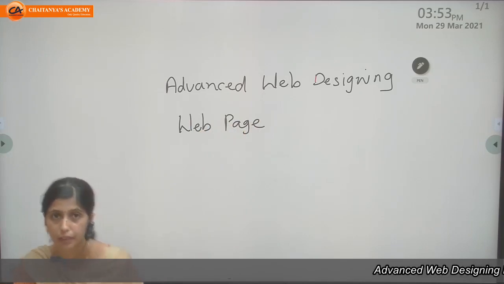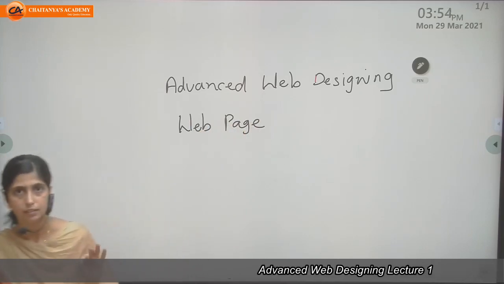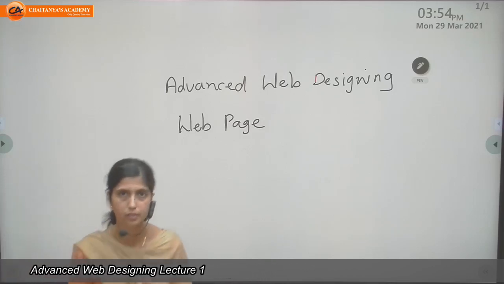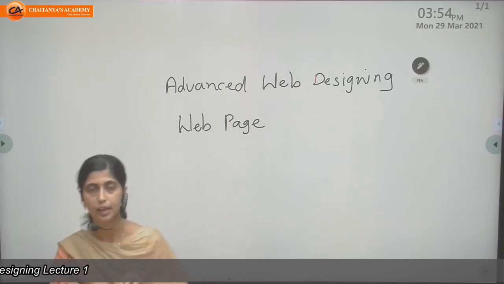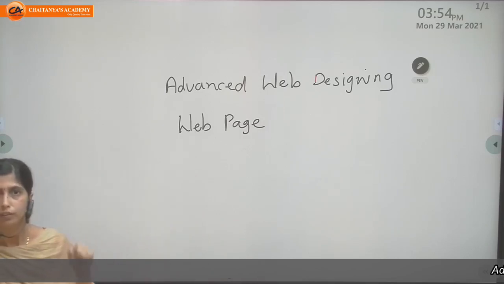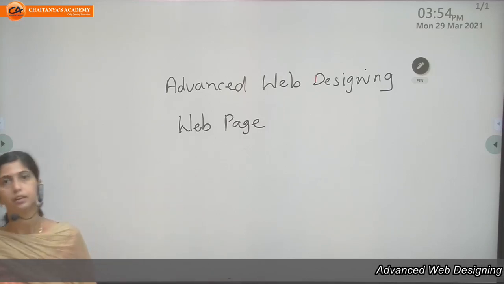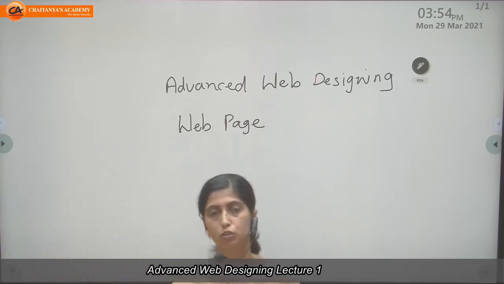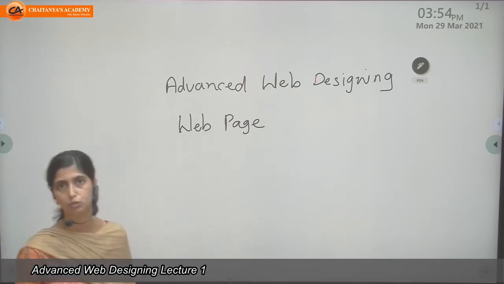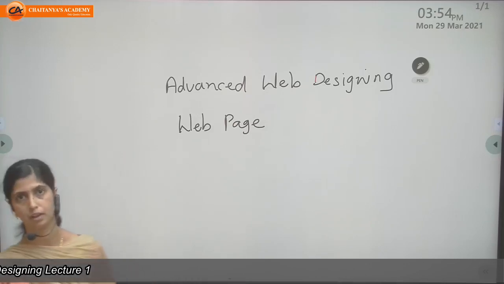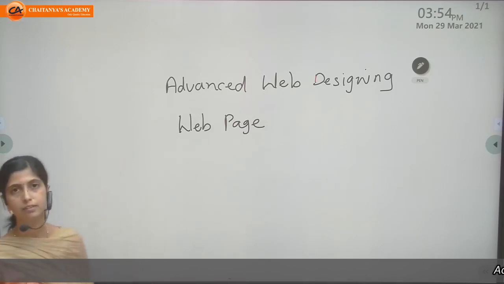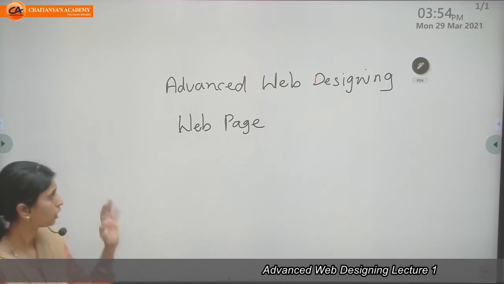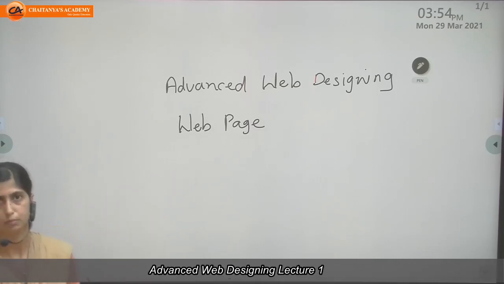What is meant by a website? A website is any informative site. For example, Google is one of the sites and it has lots of web pages. On those web pages, different types of images, links, frames, and forms are used. How they design that website and create those web pages, we are going to learn in this chapter.